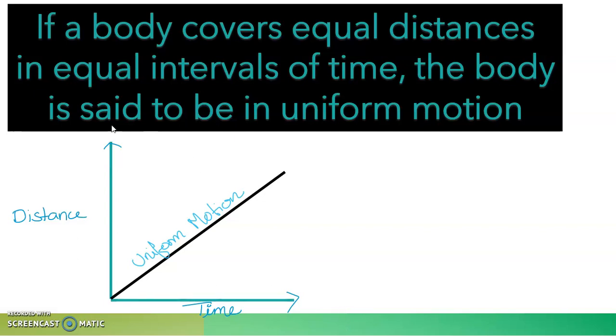From here onwards, we will have some graphical representation for each term. So we are going to understand the distance time graph. Distance traveled by the object is taken along the y-axis and time taken for that traveling is taken along the x-axis. We call it a distance time graph. So if the body is undergoing uniform motion, then the distance time graph will be a straight line. So the distance time graph for an object undergoing uniform motion is a straight line.